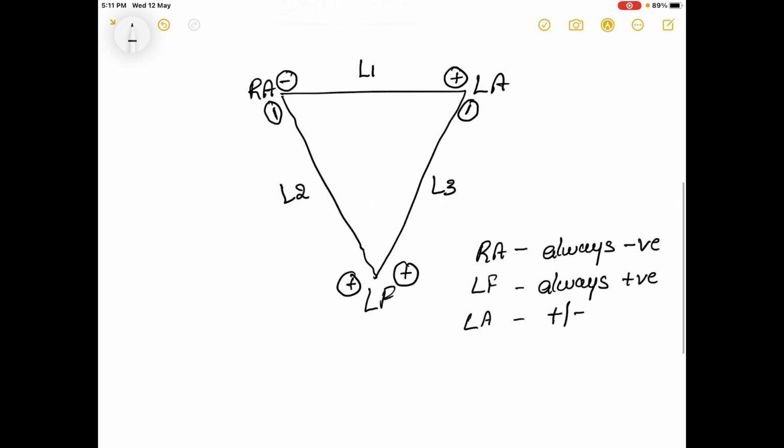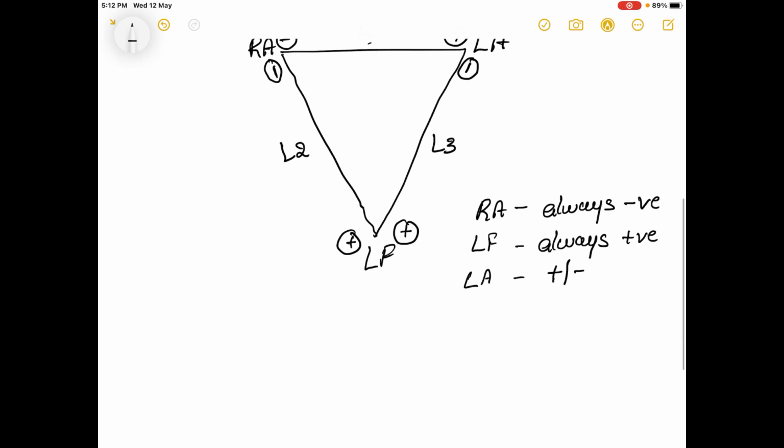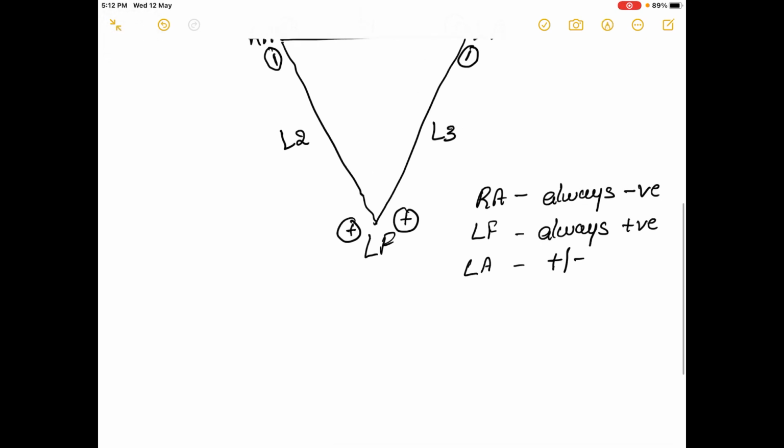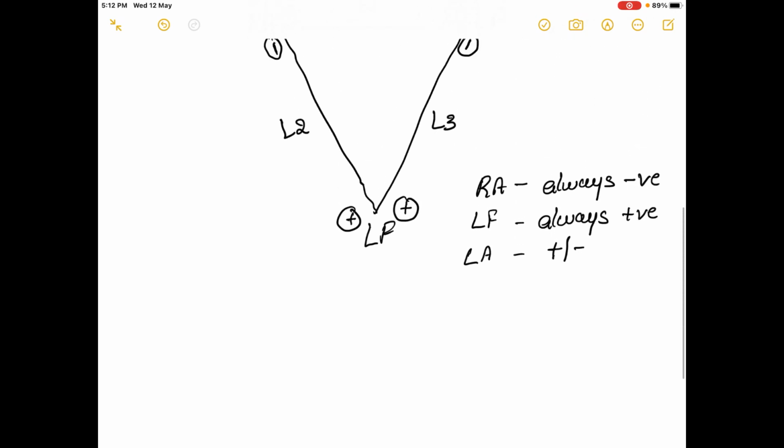Here we measure the electrical activity between various terminals, where lead 1 measures between right arm and left arm, lead 2 between right arm and left foot, and lead 3 between left arm and left foot. So this is how we measure the electrical activity. These are the limb leads. The electrical activity measured by the standard limb leads is very minimal and the deflections are very small. So to augment this, we use something called augmented leads.